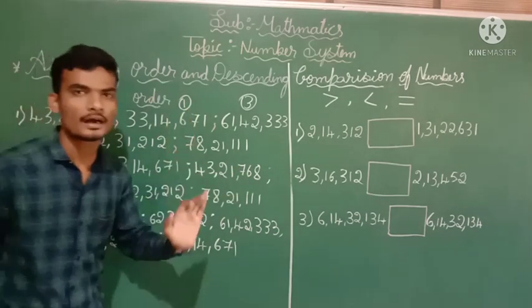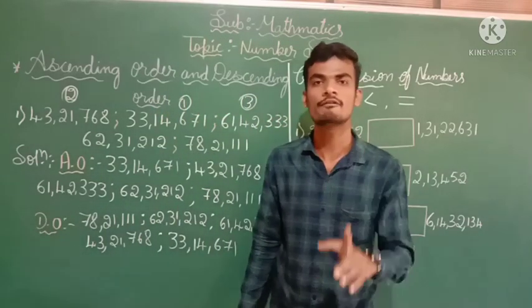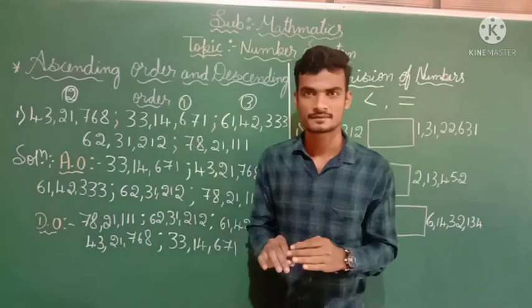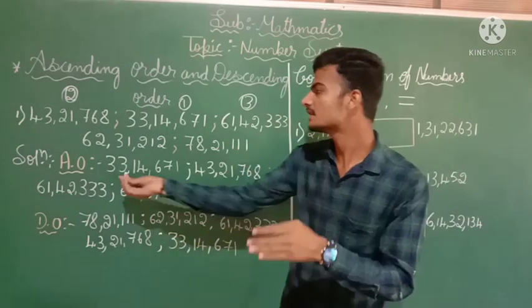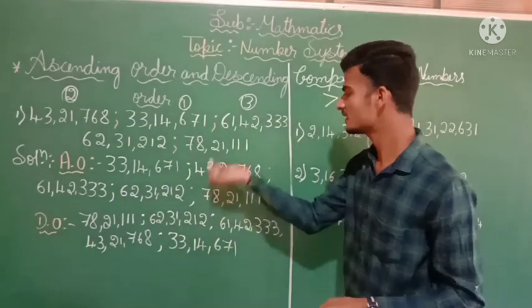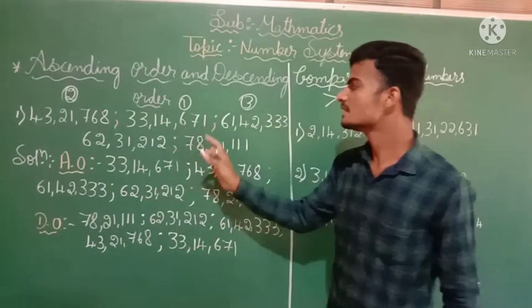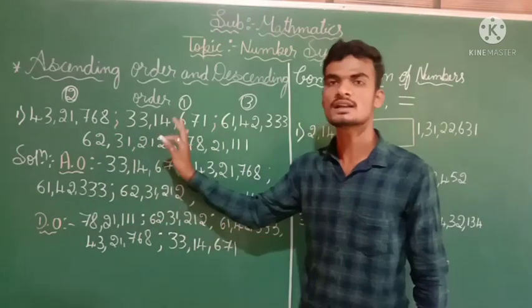Okay, so I am telling you, you have to know ascending order well. Ascending order means smaller to bigger numbers. First you have to write a smaller number, then the next smaller number. See here, this is the first smaller number. Next, the second smaller number is this, then the third. How many digits are they giving? For those digits we have to compare and find the smaller numbers.